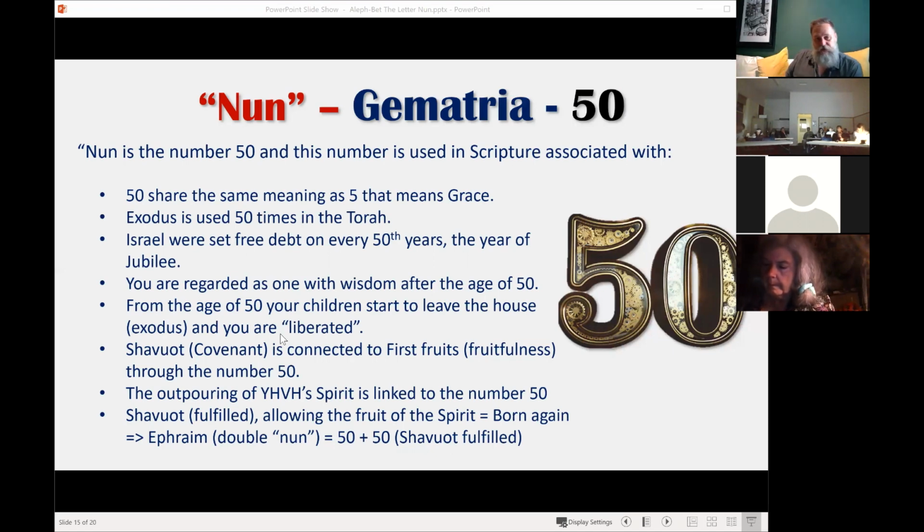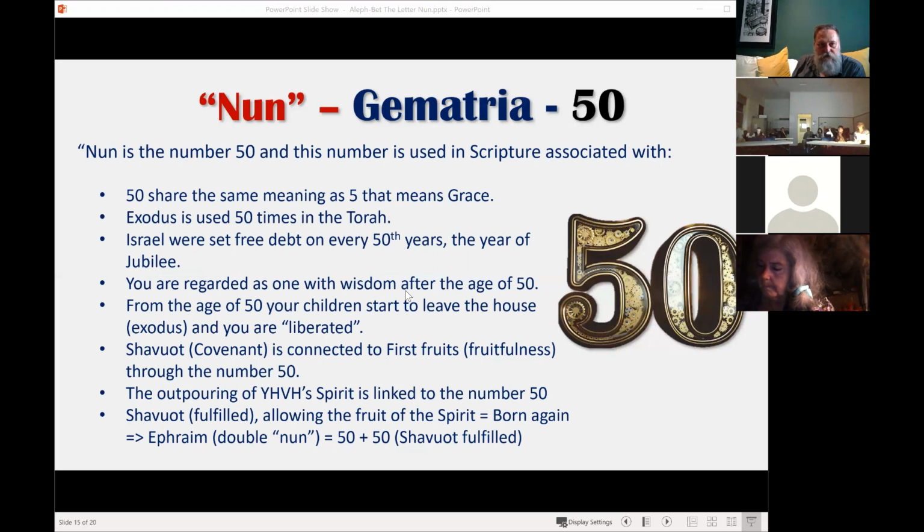What's also interesting is the word Ephraim. That means double fruitfulness or double Nun, which is 250, which basically is Shavuot and the fulfillment of Shavuot. So you're in covenant and you have the anointing. In covenant means that you have the ability to access his Torah and his wisdom. And the second one, fulfillment, is the anointing as the priesthood. So you can have the fruit of the Spirit as a priest,